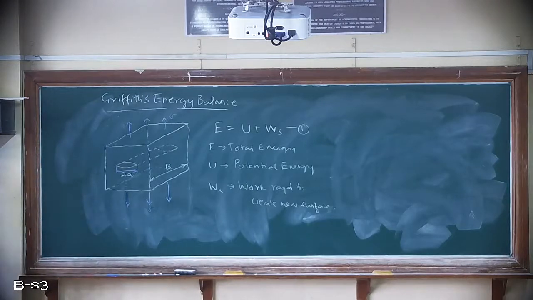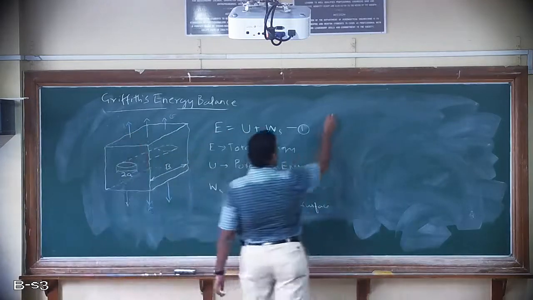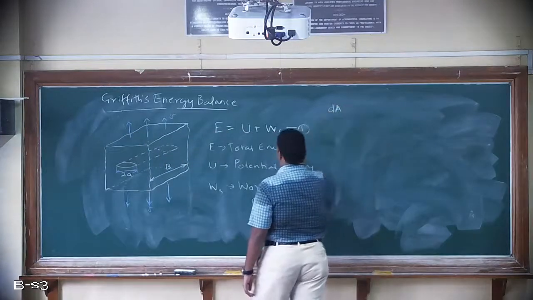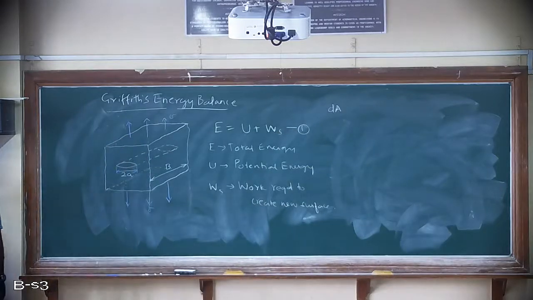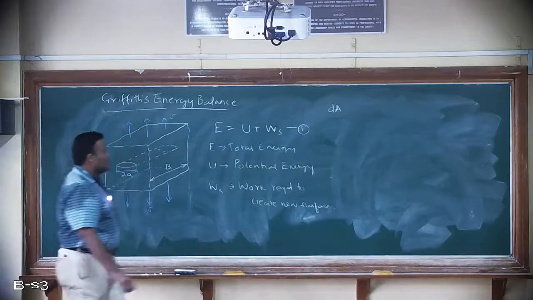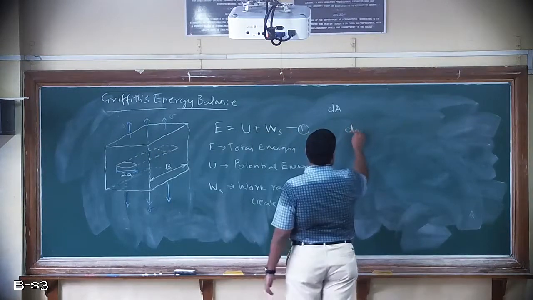So now, according to Griffith energy balance, for an incremental increase in the crack area, that is dA, if capital A is the area of the crack, dA will be the incremental increase in crack area under equilibrium conditions. Then equation 1 can be written as